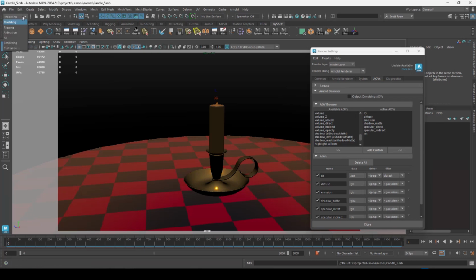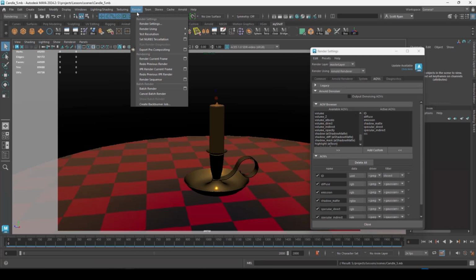I'm going to change my menu set from modeling to rendering. Under render right here, I want to point out there is render sequence and batch render. Batch render is what we used to use before Autodesk acquired Arnold as a rendering engine. Now, the advantage of batch render is that apparently you can use it to farm this out amongst multiple computers. But there's some sort of a licensing issue with Arnold, which means that if he uses even on just one computer at a time,